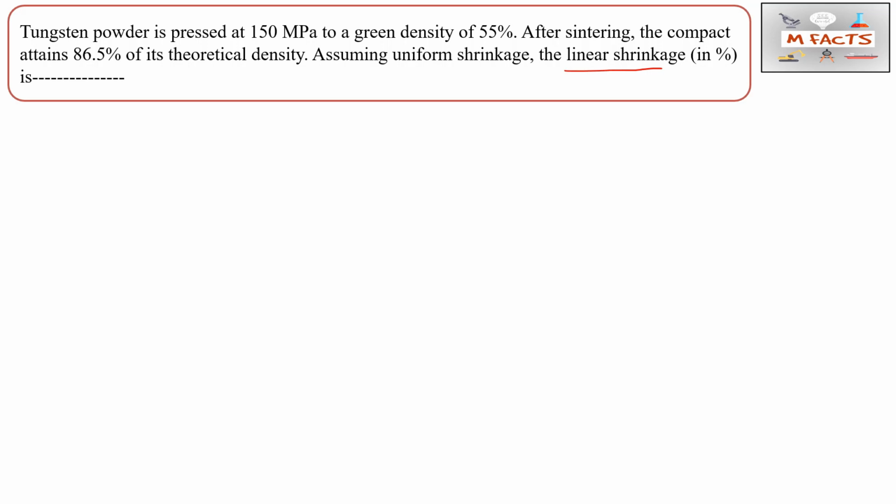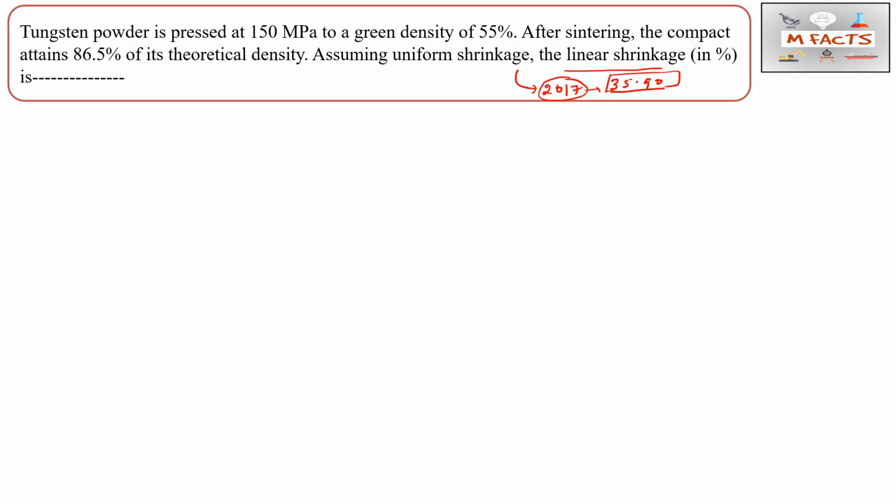Okay, so this question is basically from GATE 2017, and this question was unique at that time. Most of the people did not solve this question in the exam because they didn't know the concept behind this linear shrinkage and sintering density. So here I will tell you this concept. It is very nice, and if you want to check the unique questions in GATE metallurgy, you can go through this 2017 paper. This is a unique paper and one of the toughest papers in metallurgical engineering history. Also, the cutoff for this paper was only 35.90 in 2017 for the general category. Okay, so now we will see this question.